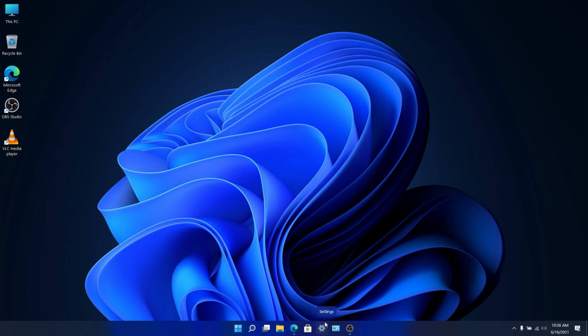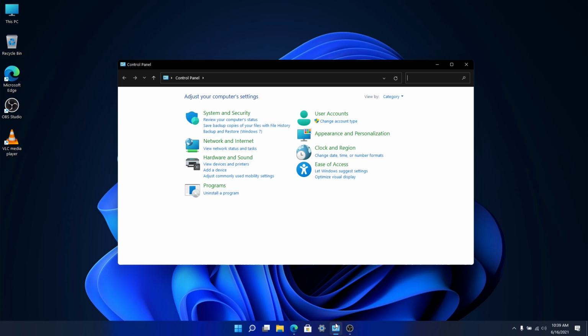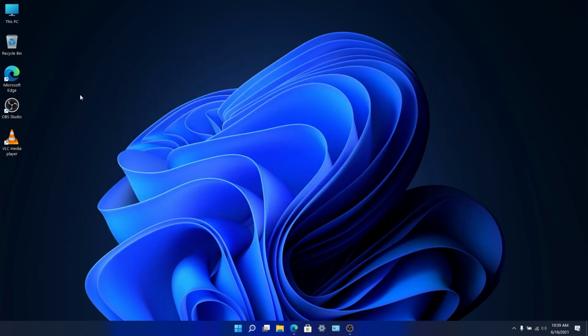Actually, it doesn't look like Windows 11. I mean, the basic thing is just like Windows 10, but some more aesthetic views are added to Windows 10 to make it look like Windows 11. Like if you go to control panel, it's the same control panel. We all hoped that Microsoft would ditch control panel and make a unified settings app. It kind of looks like an inconsistent design, like we have a control panel for some settings and the settings app for some settings, but the control panel's icons are new and things are the same but the icons are new. And if you even go to the file explorer, in this case This PC, the icons are new,